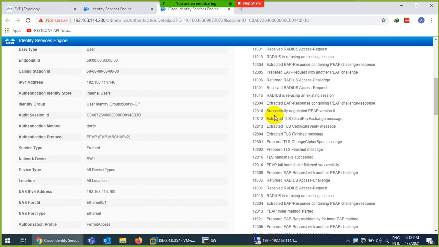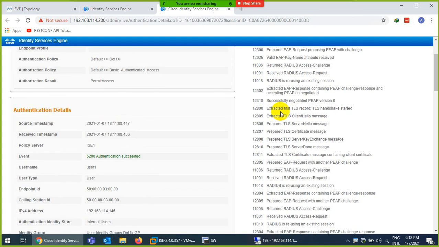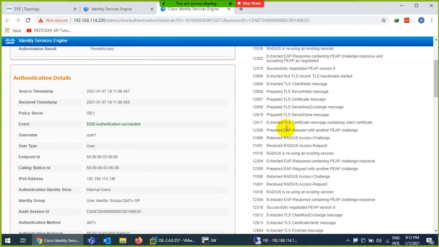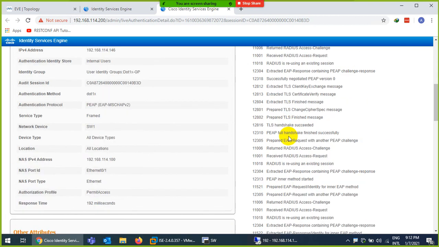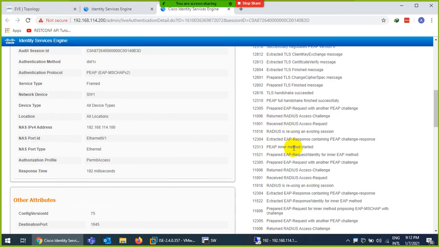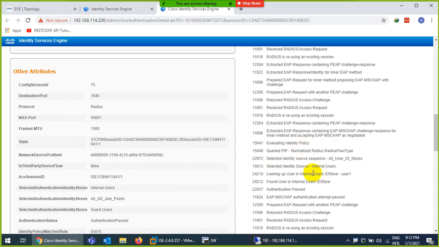Okay, and these are the steps they follow to connect. Receive RADIUS access request, then create a new session, then we create a policy and so on. Then we check the user because they log in through user1. So the user1 detail should be somewhere. Yeah, we check internal user.